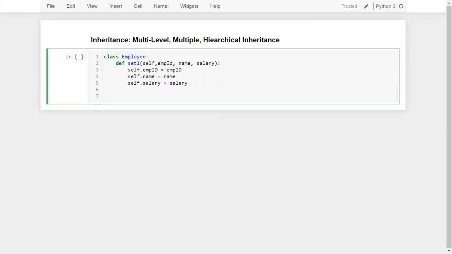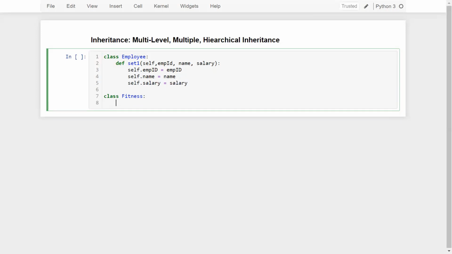Now let me create another base class, with the class name, let's say Fitness. Here I'm going to set some basic details with def set2, taking self, height, weight and blood group.